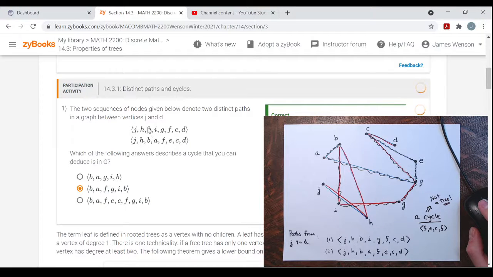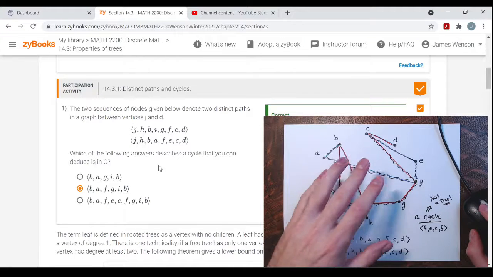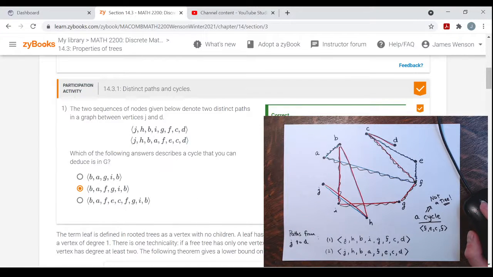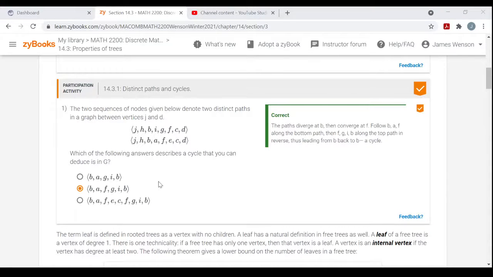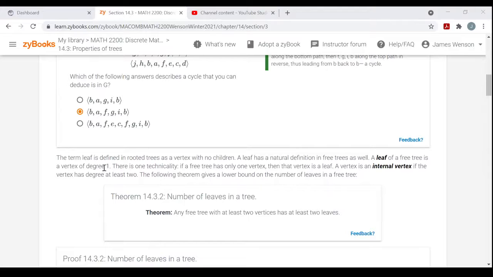Now again, you could have just looked at these and listed, seen what edges were used and figured out which one of these has the actual edges from the graph from the listing, instead of drawing it all out like I did. But a drawing never hurts. I like making drawings. Okay. All right. So now remember from section 14.1, the term leaf was defined in rooted trees, right, trees with that root and then the levels,